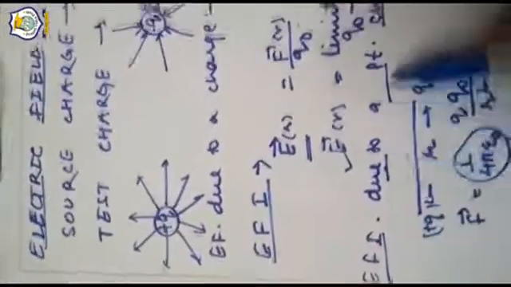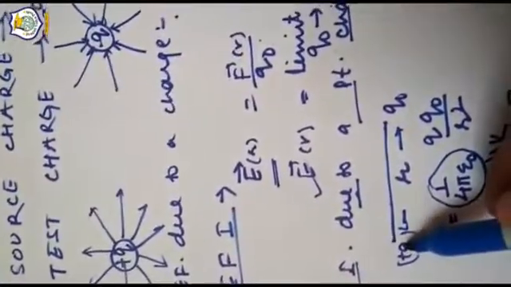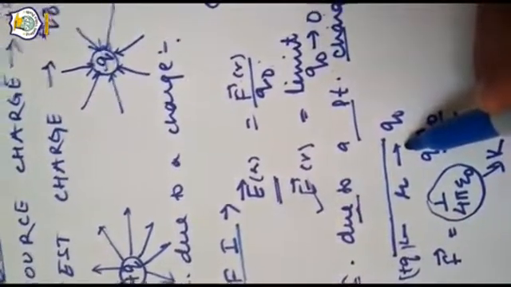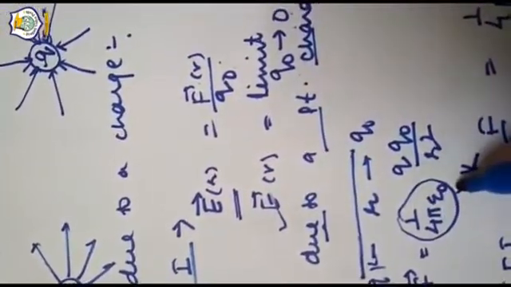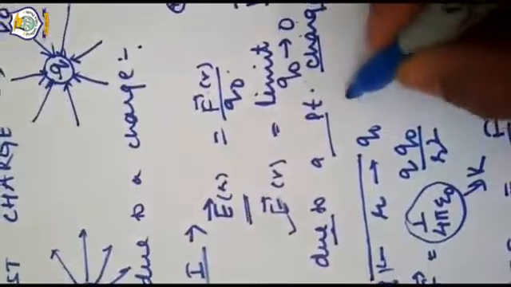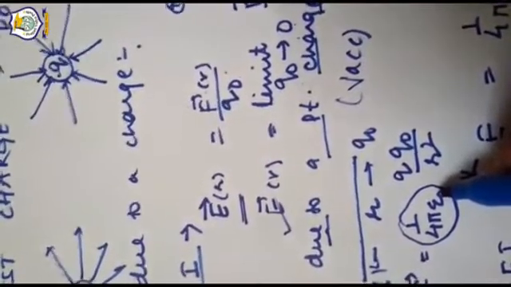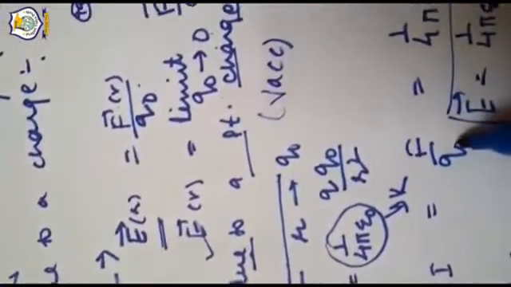Now there is a very small derivation, electric field intensity due to a point charge. So again, see here, plus Q is the charge which is called source charge and Q naught is any other charge kept at a distance of small r. Then according to Coulomb's force, the force will be 1 upon 4 pi epsilon naught Q Q naught upon r square when the charges are placed where? In vacuum. Why? Because we are taking here epsilon naught and epsilon naught is the permittivity of free space or vacuum. So to calculate the electric field intensity, we will apply this formula F upon Q naught.